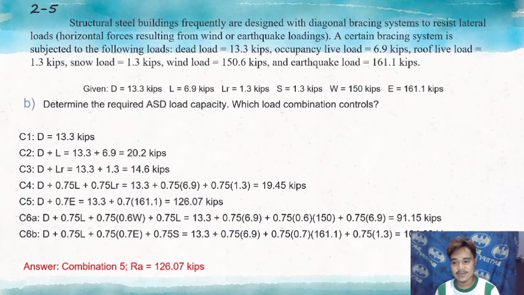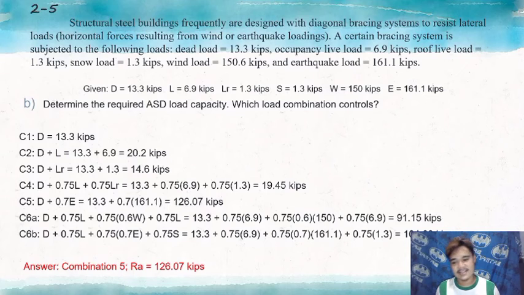Combination 3 is D plus roof live load is equal to 14.6 kilopascals. Our combination 4, which is D plus 0.75 times live load plus 0.75 times roof live load is equal to 19.45 kilopascals. Our combination 5 is the dead load plus 0.7 times earthquake load